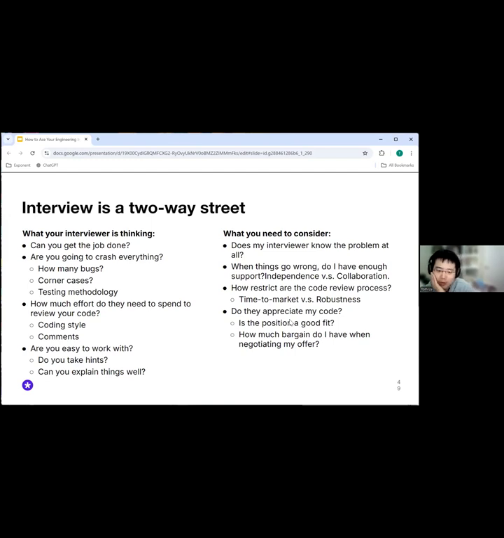Do they appreciate my code? Is the position a good fit for me? How much bargaining power do I have when I negotiate my offer, right? If I have done a really good job in delivering my code, I have a higher bargain. I can use it to ask for a better package,